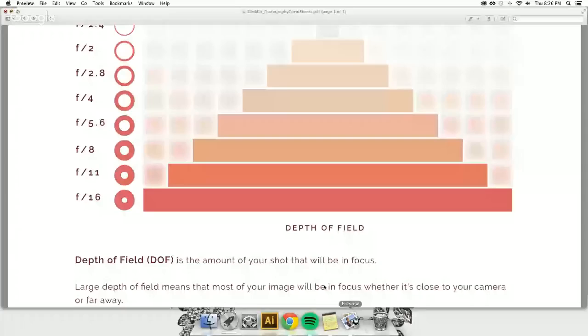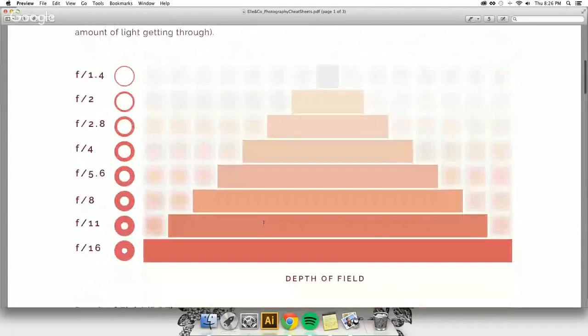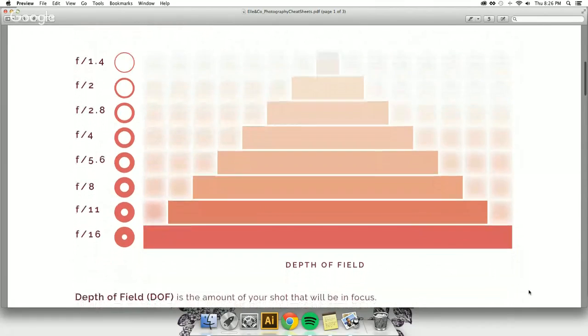So I'm going to share my screen with you really quickly, and I'll show you a demonstration of the cheat sheet. Hopefully you can see my screen. So this is for aperture. So Chaitra, I don't know if this is helpful for you, or if you want to go through and explain this now that we have a visual along with it.